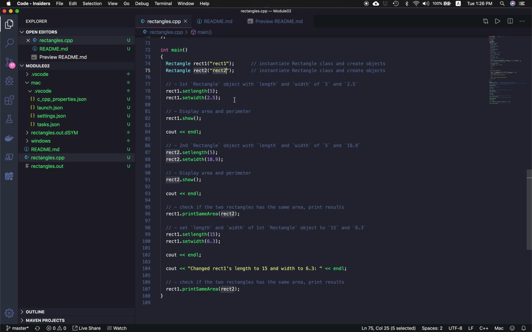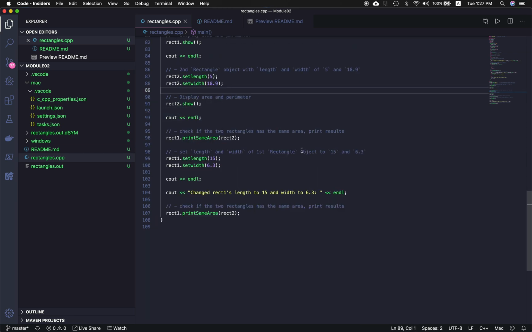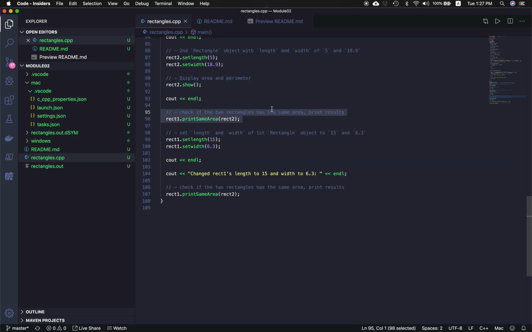Okay. Again, in the requirements, we have to first set the length and width with 5 and 2.5 respectively, and we display the area and perimeter. And then next, the second rectangle object, we were required to set the length and width with 5 and 18.9, and then we need to show those area and perimeter. And next, we need to check if again the first rectangle and the second rectangle have the same area. And then we now reset the values of the first rectangle to length 15 and width 6.3, and then